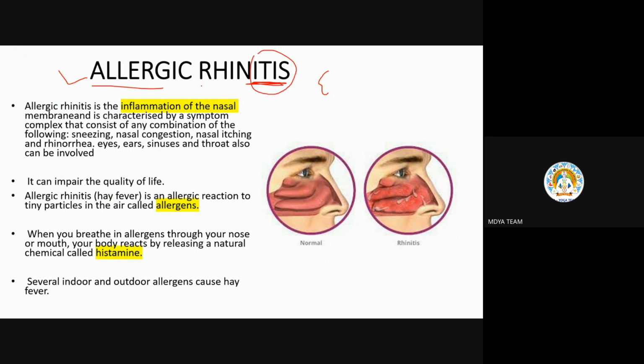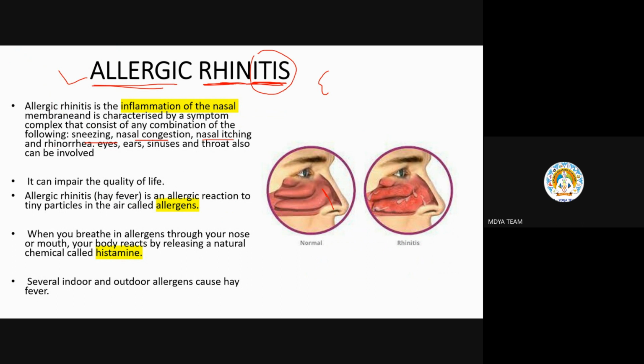Here, rhinitis is something related to your nostrils, and allergic means some allergens or allergy problem will be there. Simply from the name itself we can understand this much. Further, we'll go inside it. What exactly is allergic rhinitis? It is nothing but inflammation, that is "itis", or swelling within your nasal passage, the mucosal membrane of your nasal passage, characterized by certain symptoms like sneezing, nasal congestion, nasal